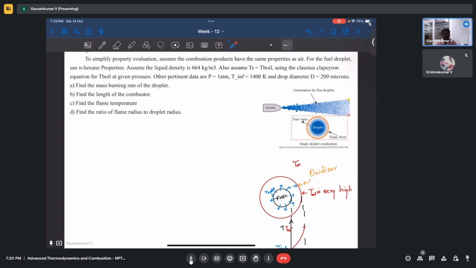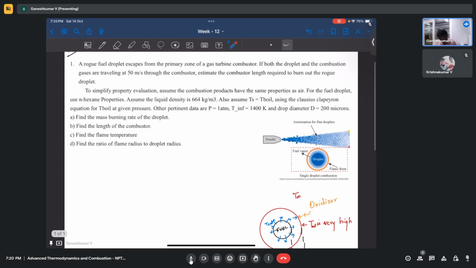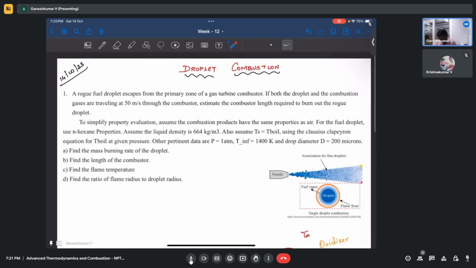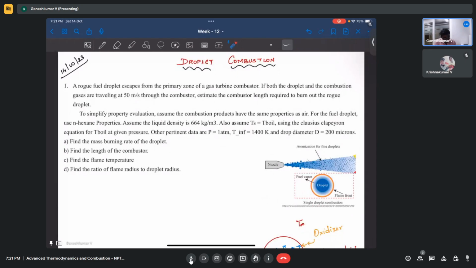But you should resort to detailed modeling when you are doing a very detailed combustion analysis. All right. So with that introduction, let me just go through the first question we have here. In fact, I have only one question today, because I felt this was the one question you might feel is a little difficult to solve. So I thought I will explain it to you better. And the other questions should be straightforward for you to solve.